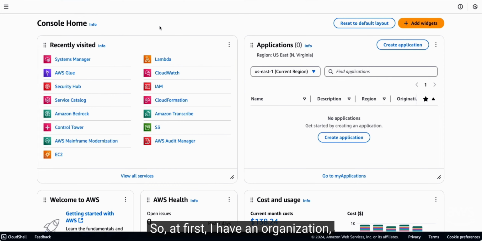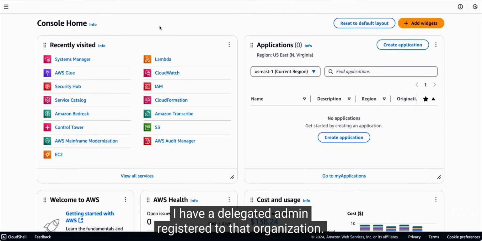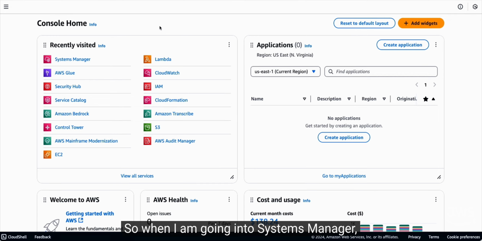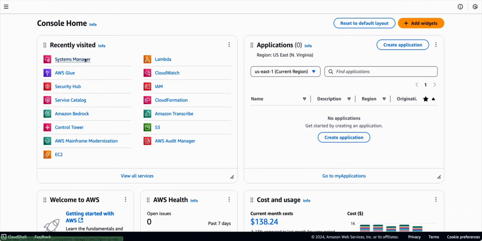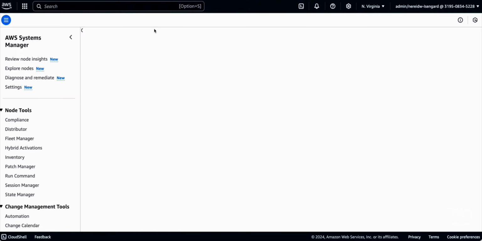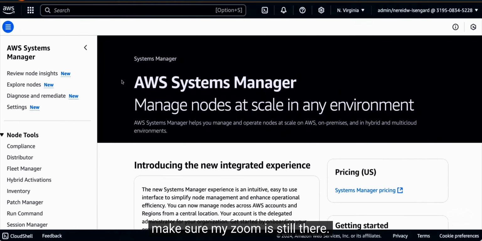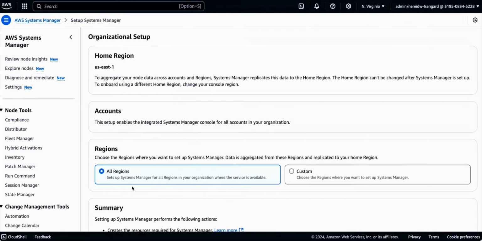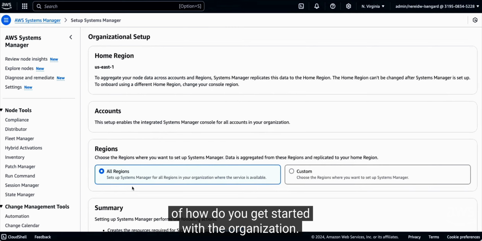I have an organization, and I have a delegated admin registered to that organization. This account is my delegated admin account. So when I am going into Systems Manager and I have registered that delegated admin, I will go into the Systems Manager experience. Once I go into Get Started, it'll take you to our homepage of how you get started with the